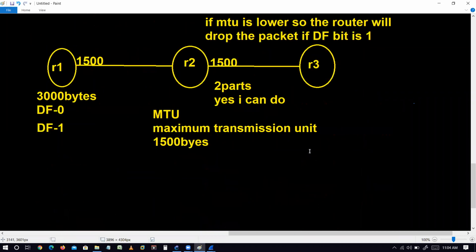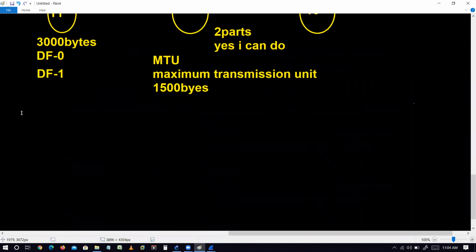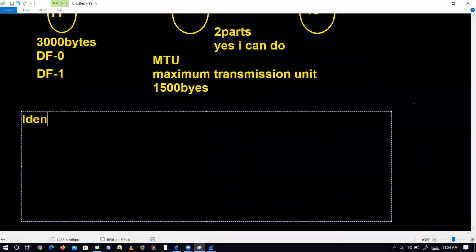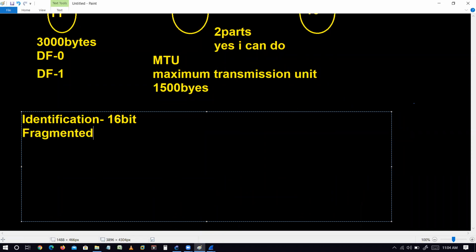Okay, now the next thing is identification. As I told you, the size is 16 bits. So what will this identification field do? First of all, identification and fragmented offset will work together. How?